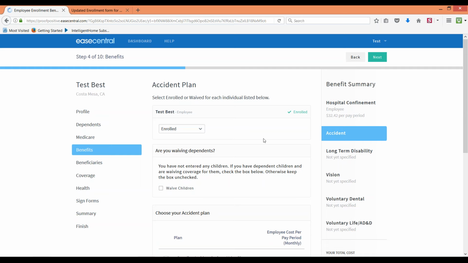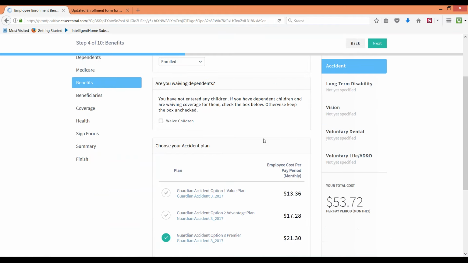The accident plan is really looking to see if something happens to you because of an accident. The only way to explain this plan, because there are 3 options, is to look at the benefit summary, which is contained here on the website. Once again, I have something that I've chosen here. I've chosen the accident 3, but let's just go ahead and click on one because maybe you're trying to figure out whether you want it.